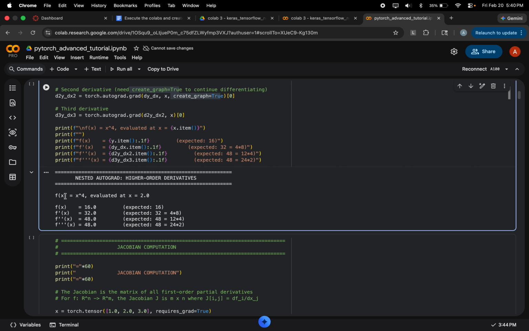So let's say the function is x raised to power 4, and evaluate at x equals 2. So f of x will be 16, since 2 to the power 4 is 16. But f dash of x will become 32, the second order derivative will be 48, and the third order will again be 48, because